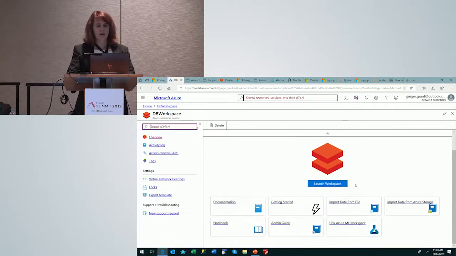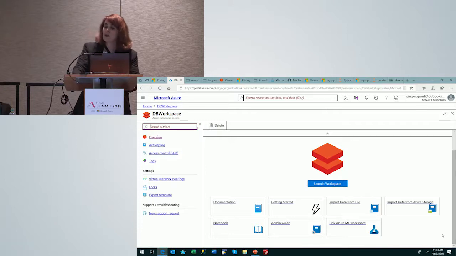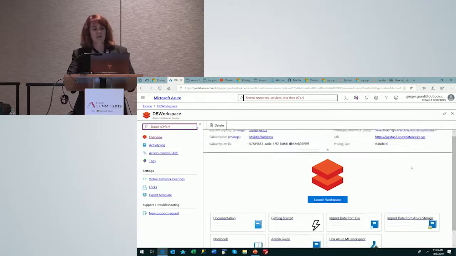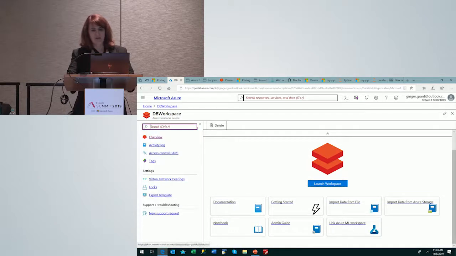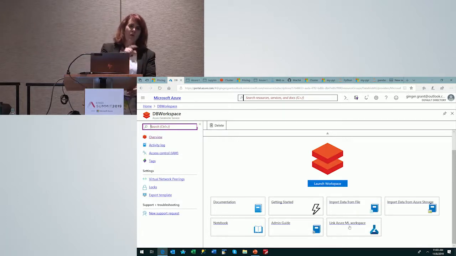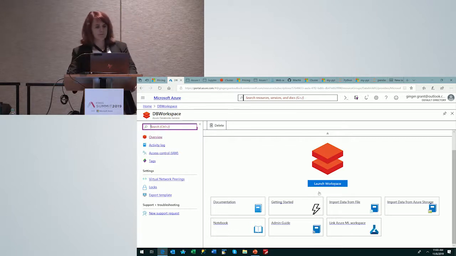So when I go ahead and, the documentation they've written here is really pretty good. So if you have created a Databricks workspace, take a look at this information because it can be really helpful. You can notice here, you can also link this to your Azure ML Workspace. So if you do that, then you incorporate the runs that you're doing in here within the Azure ML Workspace that we looked at earlier. So you can incorporate within that as well.